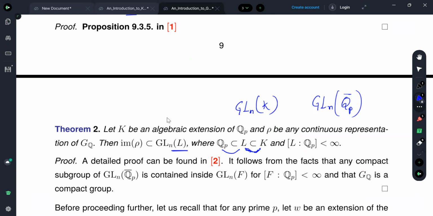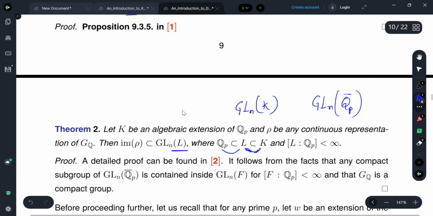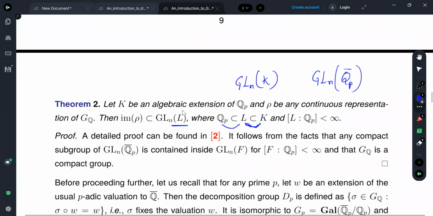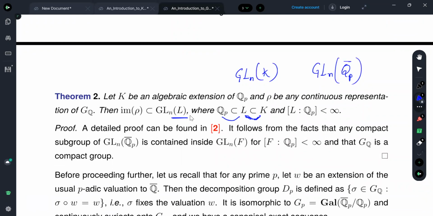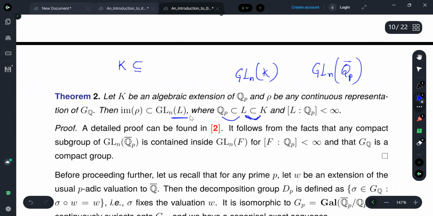So even if you are considering a representation with coefficients in the algebraic closure Qp bar, if you assume continuity, then it will take values in a finite extension of Qp. This is another important theorem, and the proof needs the Baire category theorem. One can prove that if you take any compact subgroup of this GLN of Qp bar,